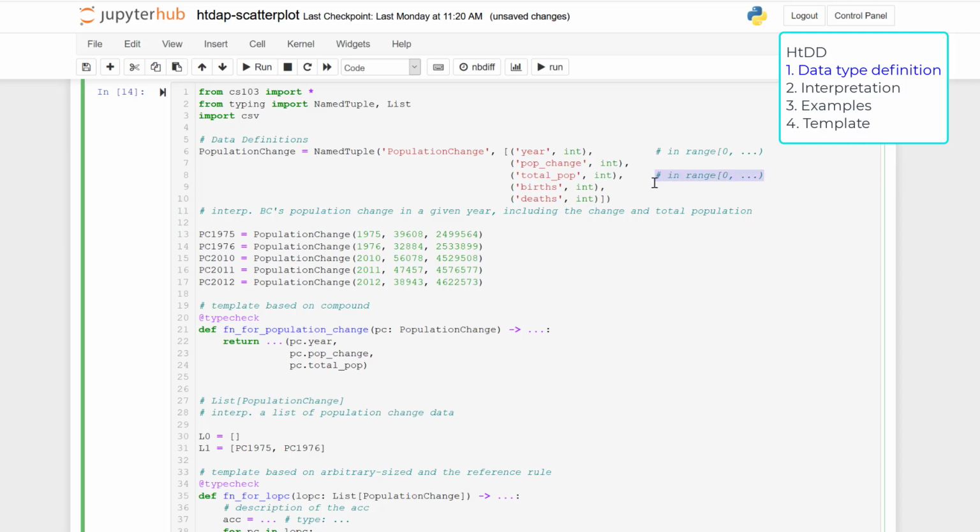And then I expect those to be non-negative integers. So I'll copy the range from total population, which was also for non-negative integers. Next, we need to update the interpretation to include births and deaths.